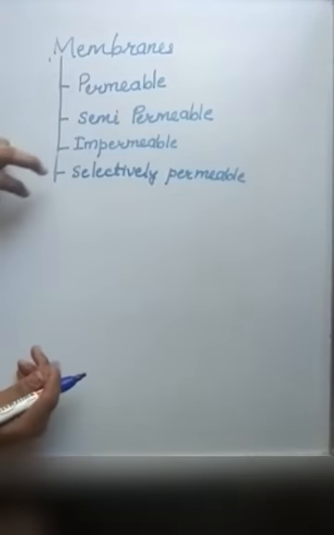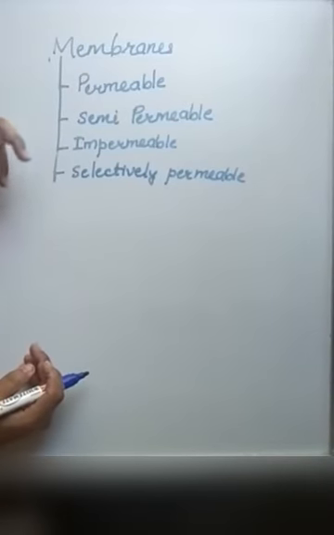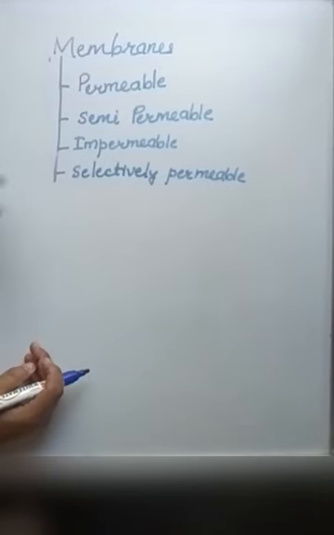Selectively permeable are those membranes, like the cell membrane of our cell, which allow a few of the ions and solvent particles to move through them. They allow nutrients, ions and a few of the particles, and also solvent particles, to move through them. It means they select the particles; they are selectively permeable, allowing specific particles to move through them. So we have membranes of four kinds: permeable, semi-permeable, impermeable and